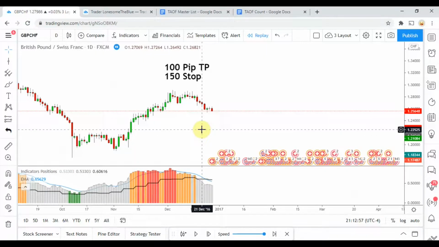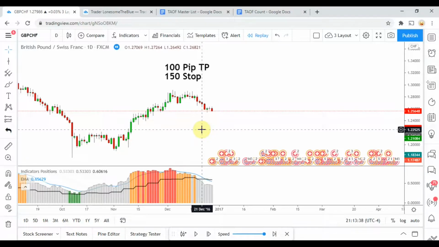Okay, as I said, today's indicator is the average indicator's position. So I think we tested one indicator before that was kind of similar to something like this, but it was not this exact indicator. So I figured we would give this one a test also. So basically what this indicator is doing is it is taking multiple different indicators, like the MACD, RSI, CCI, stochastics, all those, and it is plotting them or gauging when all of them are in an overbought or oversold area at the same time.